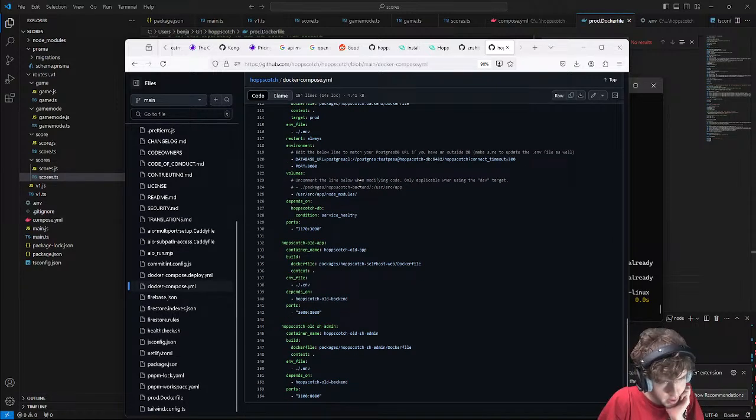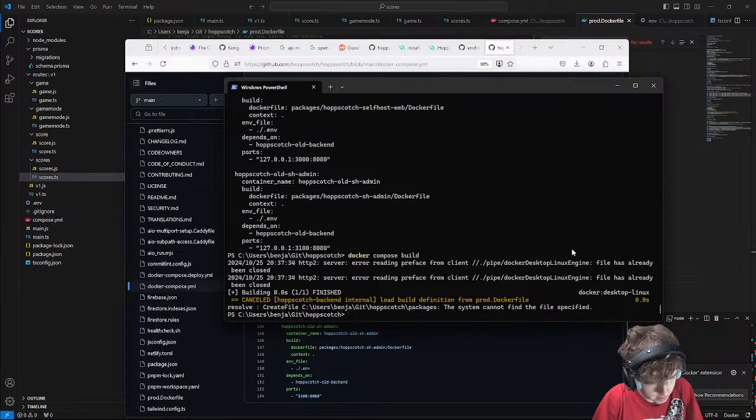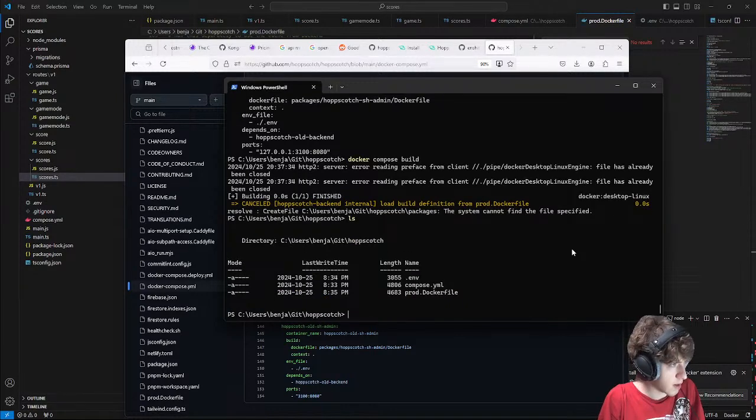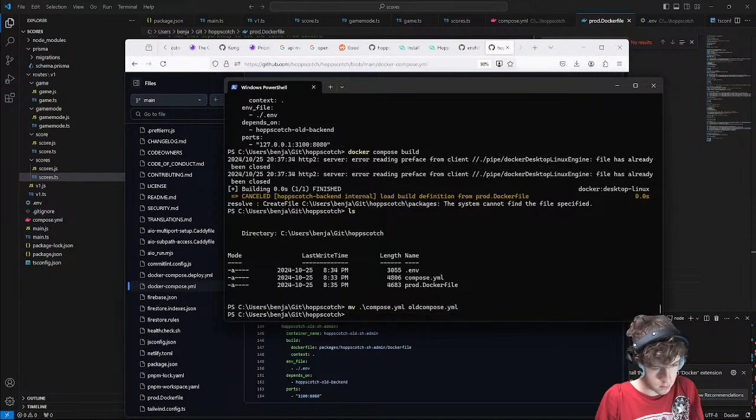Why don't I just do my own compose file, because I don't like this compose file. So I can move the compose file to be old compose.yml. Do a new compose.yml.